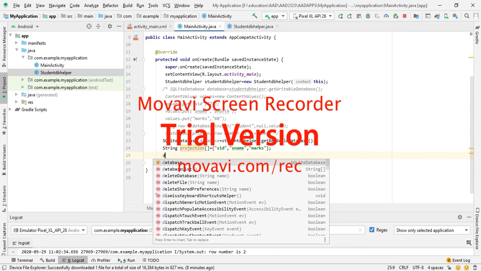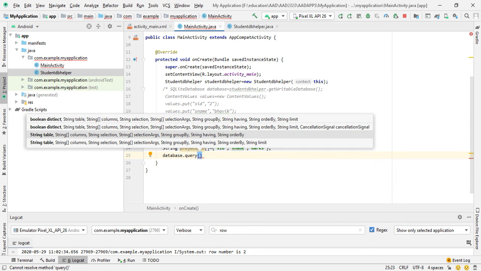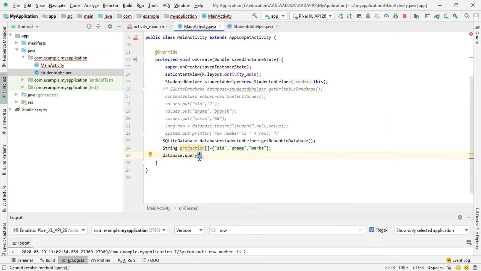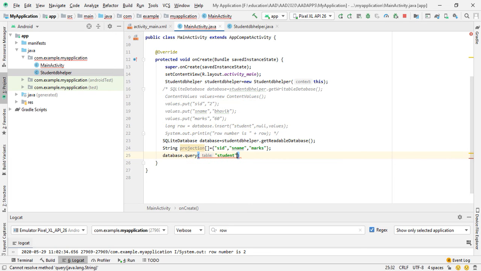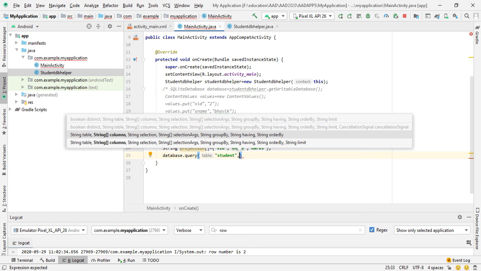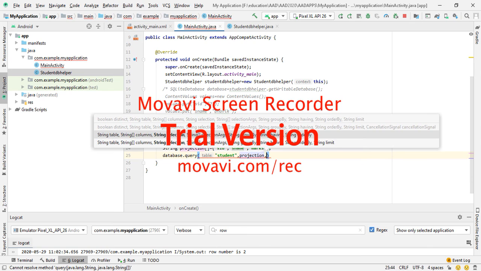So database.query. Inside this query we have to write our query for searching. In this, the first parameter is the table name. Our table is student, and the second parameter is the column names, so projection.